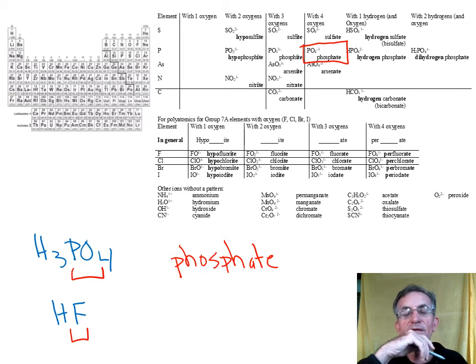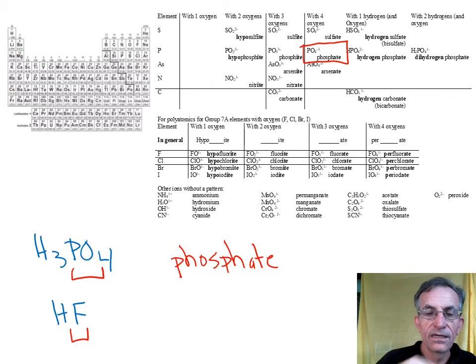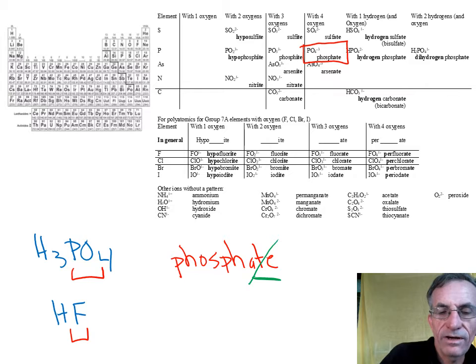All right. So what are we going to call the acid that contains phosphate? You're going to take off the ate. You're going to get rid of the ate. And what do you replace ate with? Do you remember? Or maybe you can check your notes. Ate turns into ic. So ate will go away, and we're going to end it with ic. So this will be phosphoric